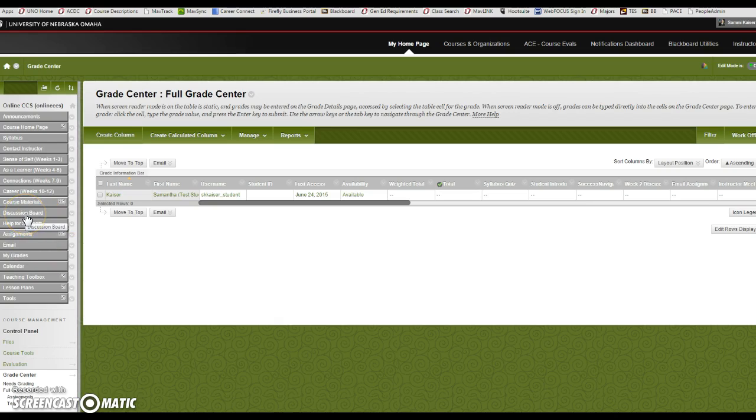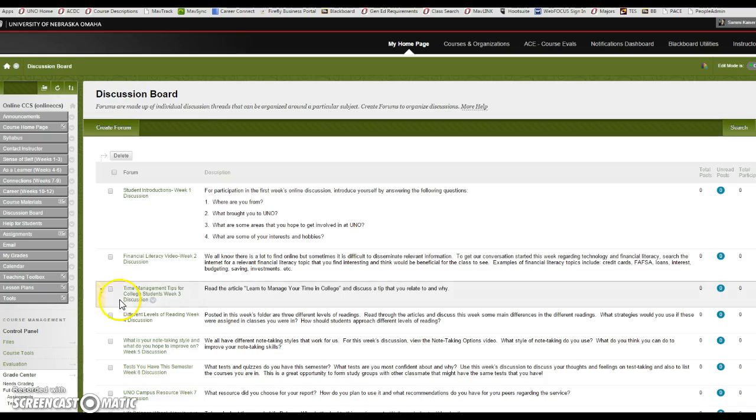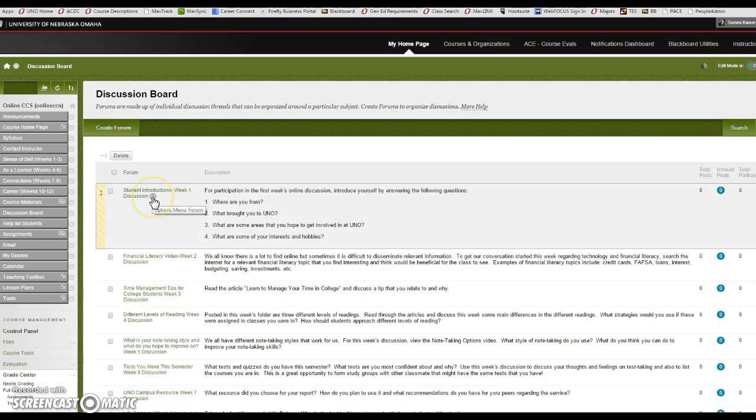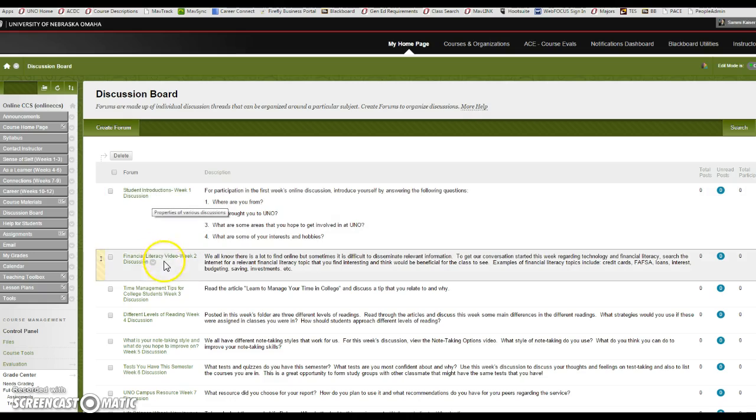Another thing to double check if you want to use the rubrics is your discussion board. So if you click on discussion board, there's a couple of settings that you'll just want to make sure are updated, particularly in letting the students see the rubric if you're using rubrics. And so for this, let's go to the financial literacy one. If I hit edit,